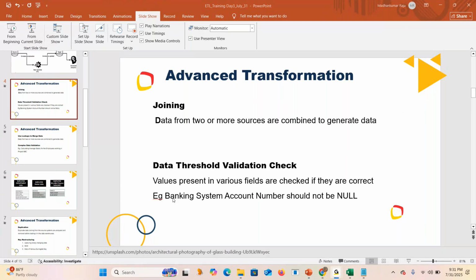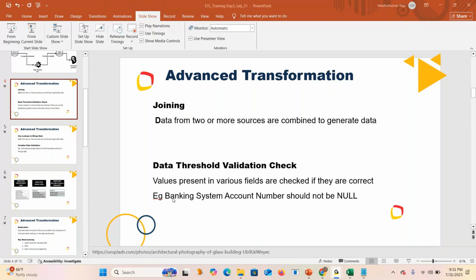So let's say, for example, gender is a column, right? In the gender column, what are the values allowed? Suppose the column name is gender. What all values can be allowed? F, M, and third gender. Female, male, and third gender. We can say these three values should be allowed.